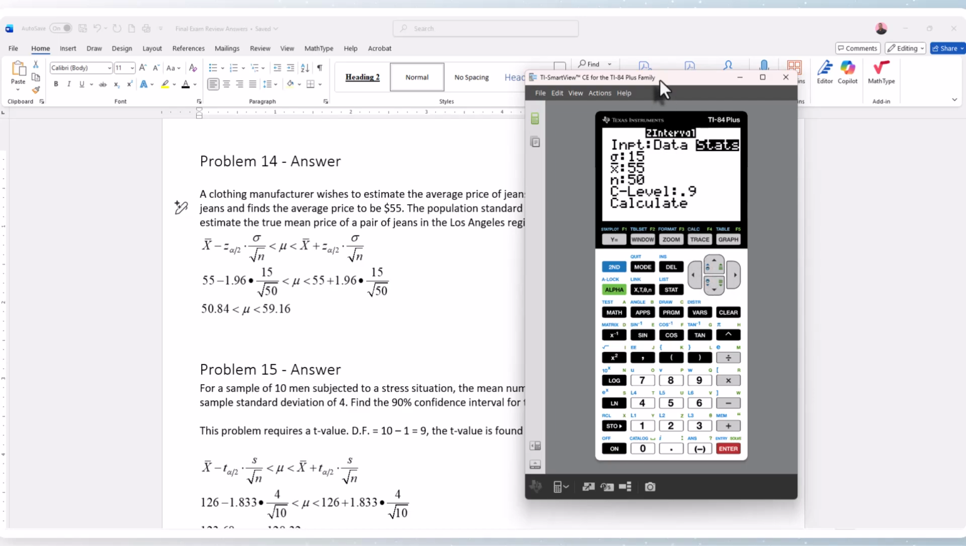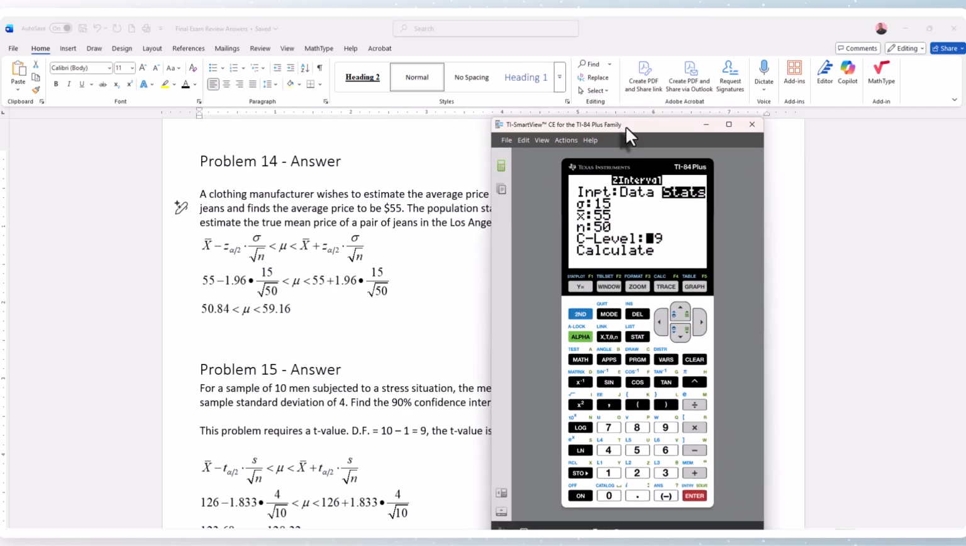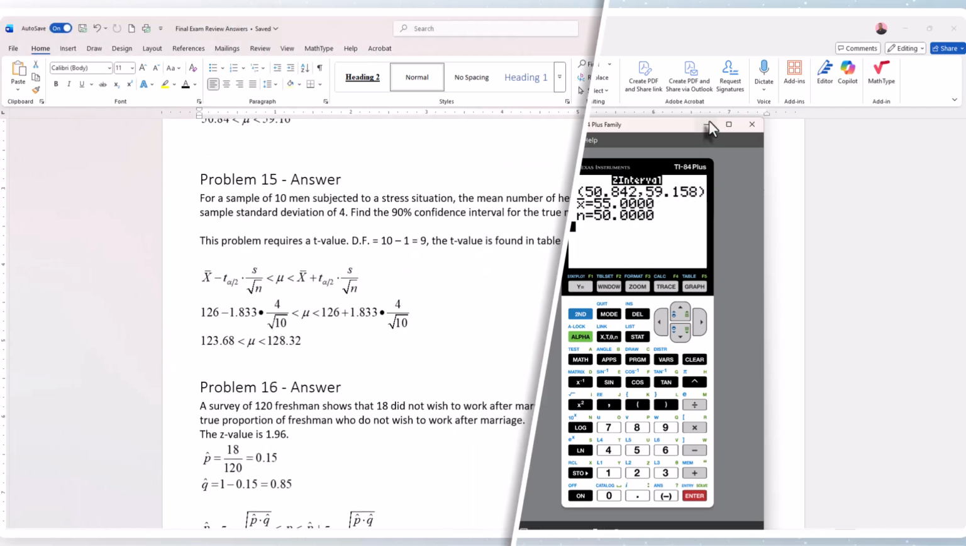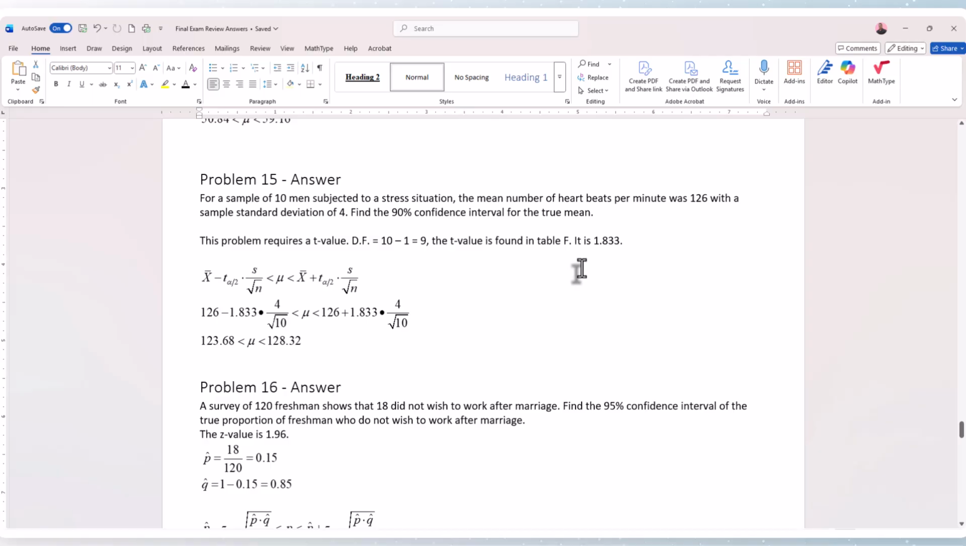Confidence level is 95%, so 0.95. Calculate. And we can see that the first value is 50.84, second value 59.16. Number 15 states, for a sample of 10 men subjected to a stress situation, the mean number of heartbeats